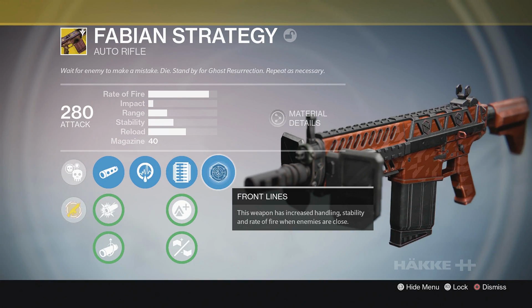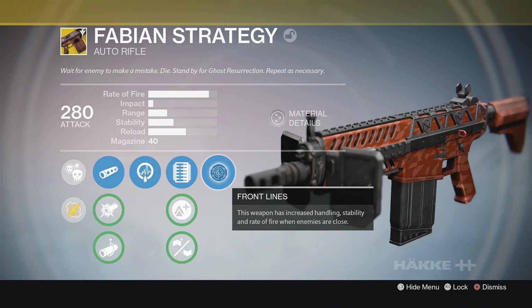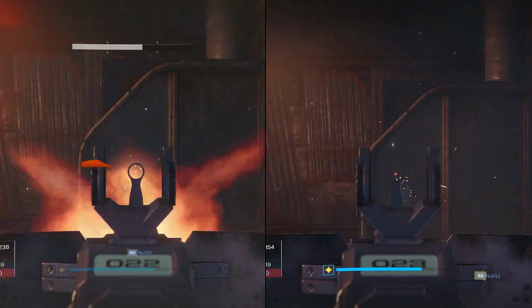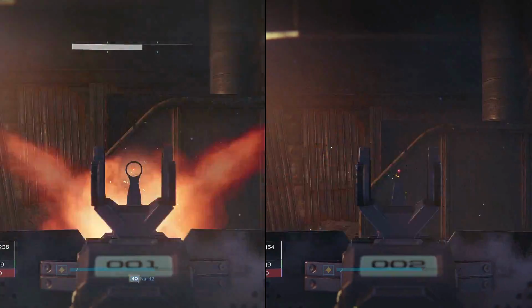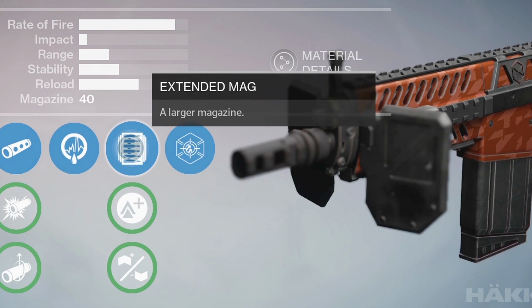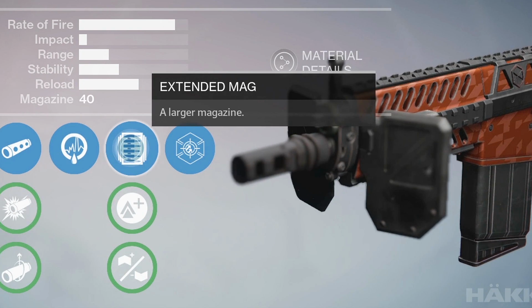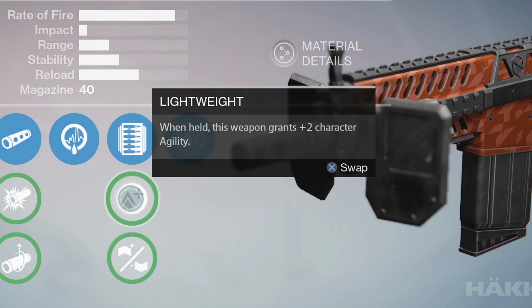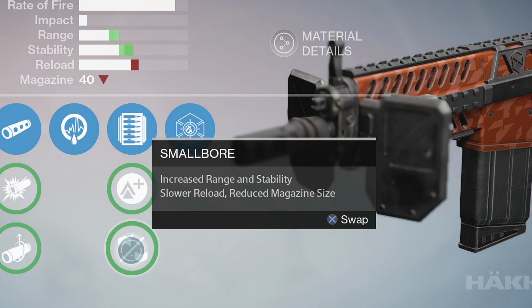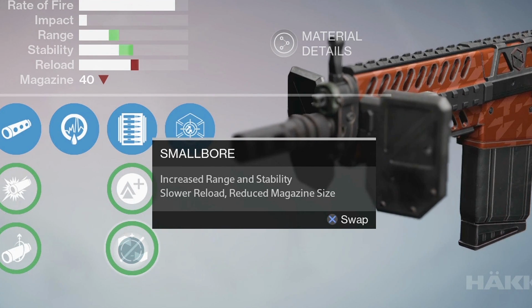Finally, we have the exotic perk Frontlines. This weapon has increased handling, stability, and rate of fire when the enemies are close. This perk could have been amazing, but instead is shockingly underwhelming. More on that later. The middle tier options offer Extended Mag, which increases magazine size from 40 to 48. Lightweight, grants +2 agility while the weapon is held. And Small Bore, increases range and stability at the cost of a reduced magazine size of 36 and